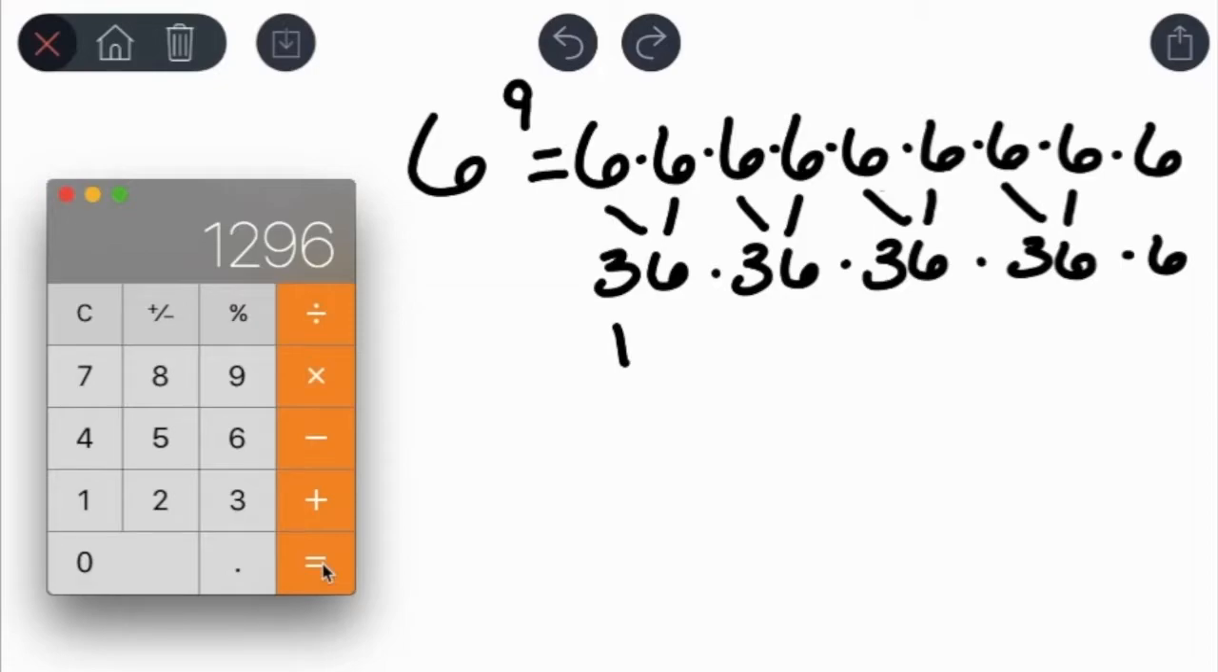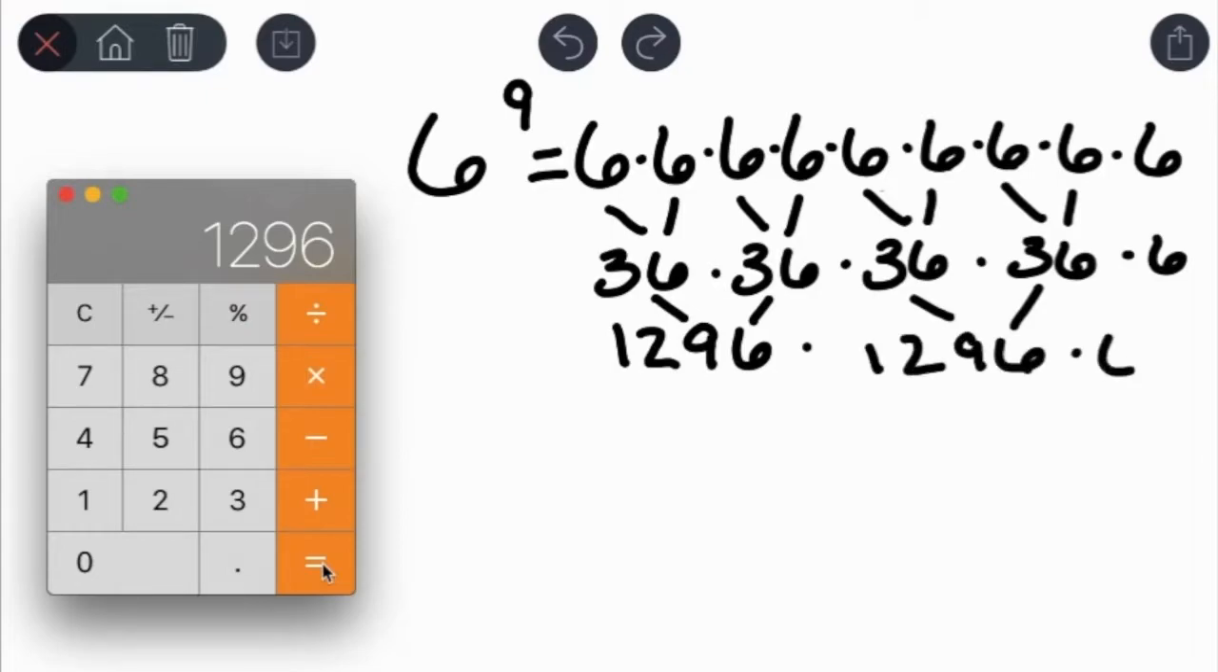1,296. And then we know the next two 36's multiplied together will also give us 1,296. And then we have 1 6 left. So we put multiplied by 6 at the end. Now we can multiply 1,296 by 1,296. Whoa. All right. We get 1,679,616